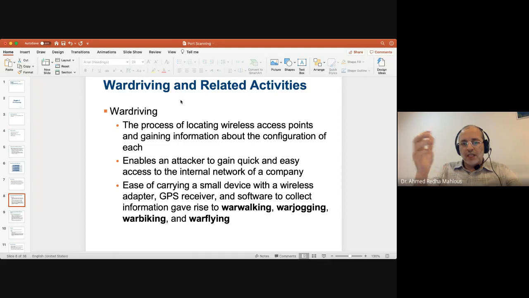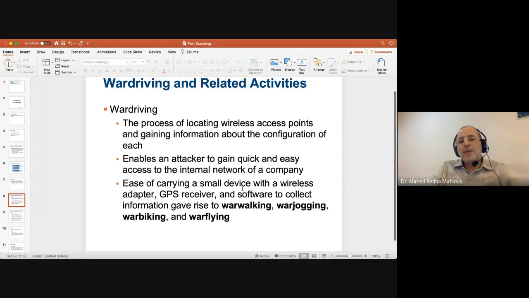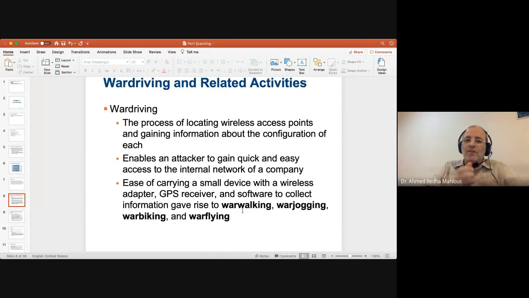Okay, so this is what is known as wardriving. You can find other types of wardriving, let's say war walking, war jogging, war biking, war flying. All those are techniques. For instance, you are walking with your small device with an antenna, and instead of driving by car, you are walking or jogging, or using your bike with your small PC with an antenna, and you try to go around the PSU campus and try to detect the access points,